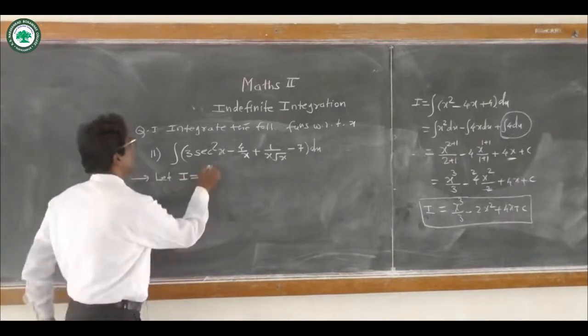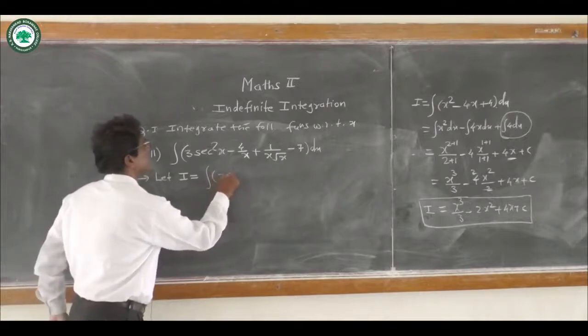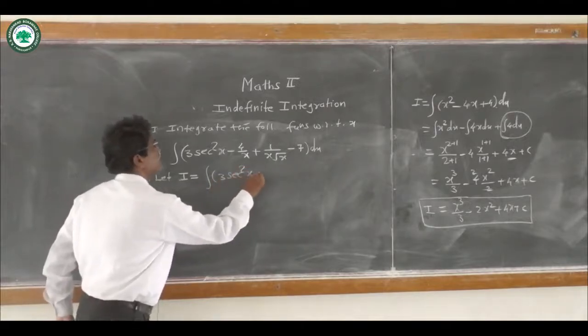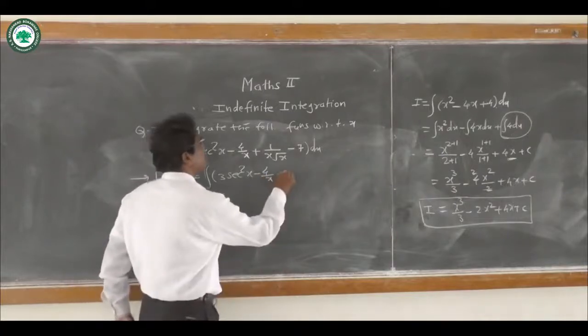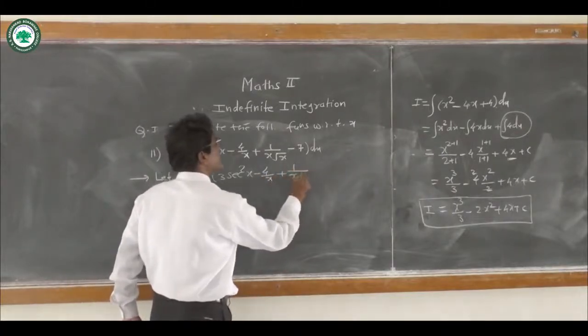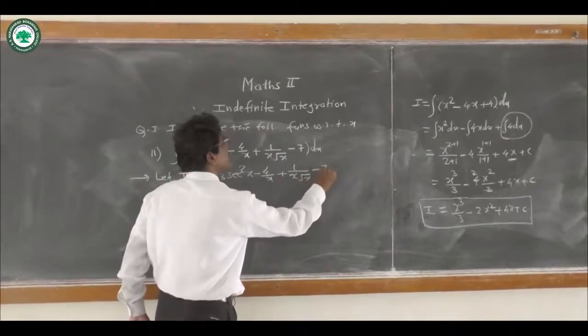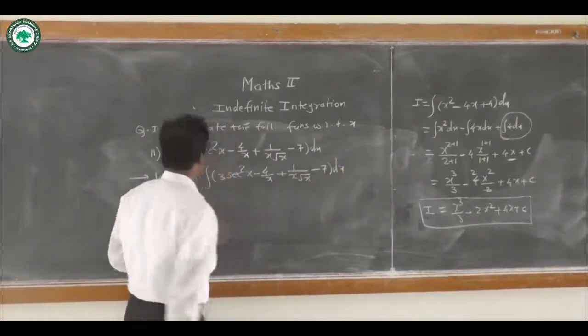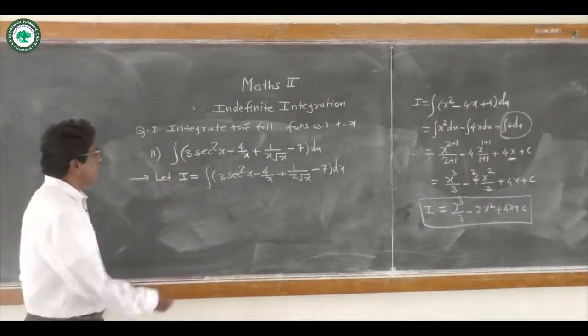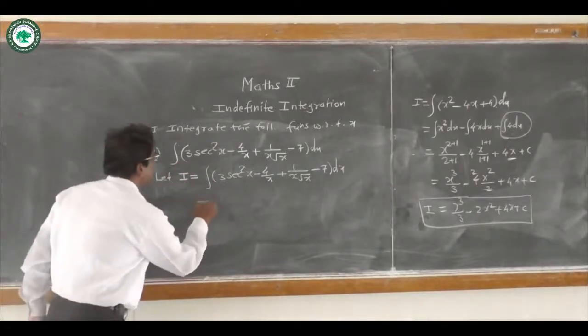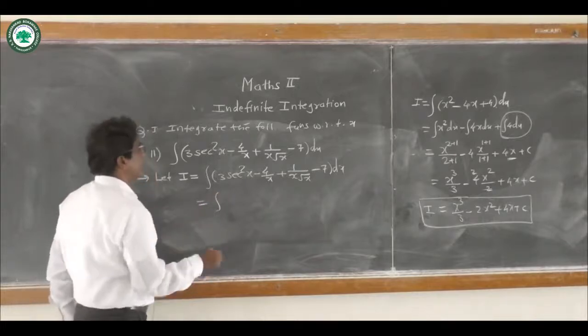So I is equal to integration of 3 sec square x minus 4 upon x plus 1 upon x root x minus 7 dx. We consider the given example as I, and now this is equal to integration of,